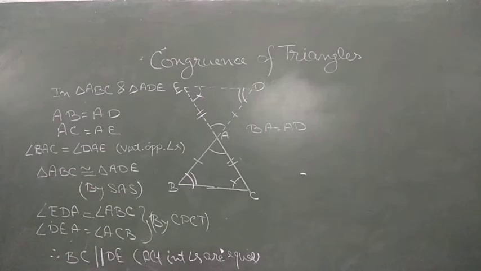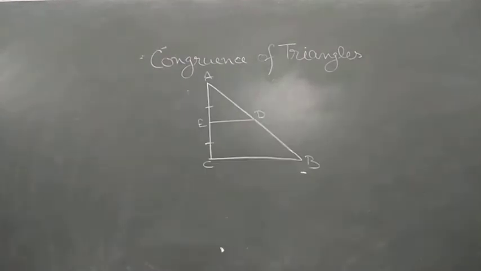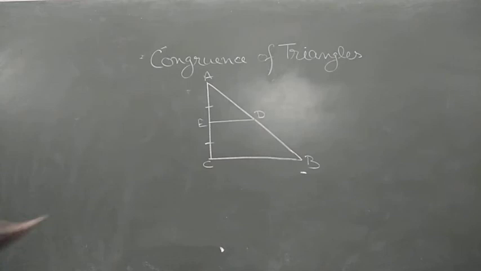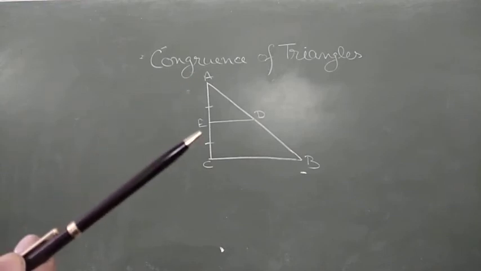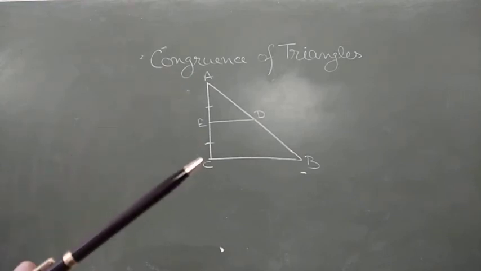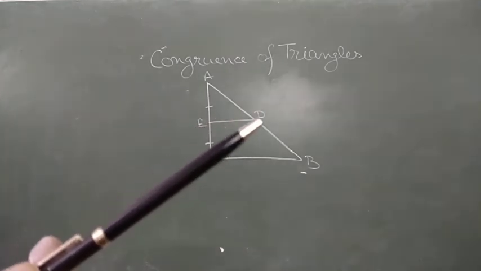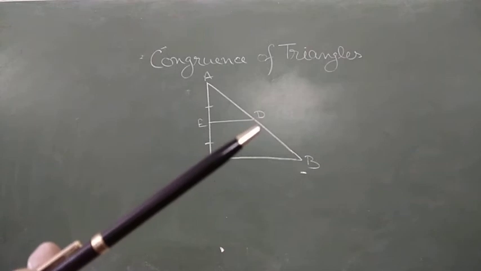Now move to the next question. As you are observing in the figure, in triangle ABC, the perpendicular bisector of AC means this point, this one. Let me use my pen. This point, AE, in line AC, E is the perpendicular, ED is a perpendicular bisector, and this bisector meets AB at D, this point.